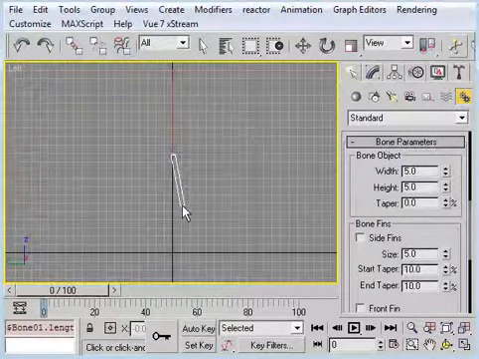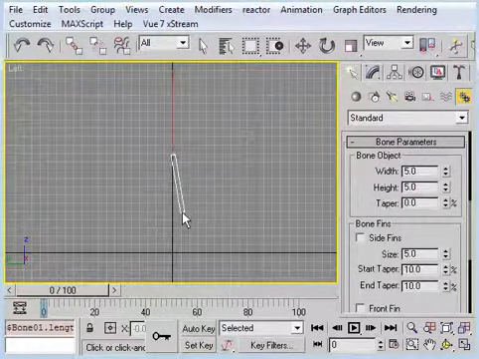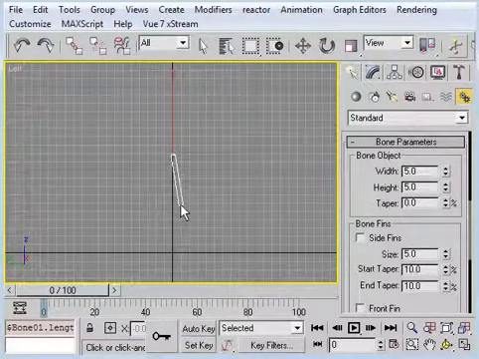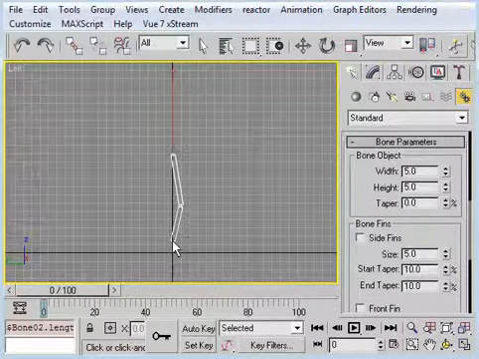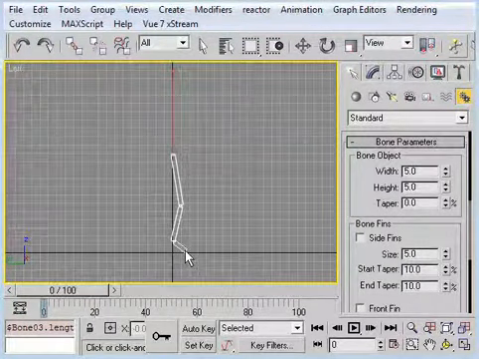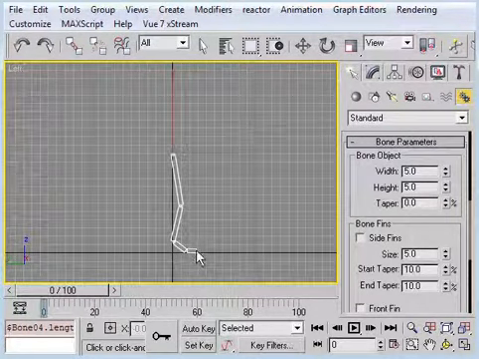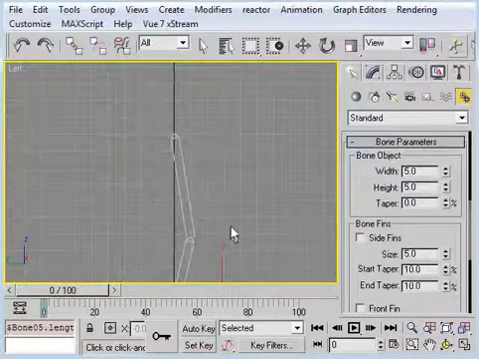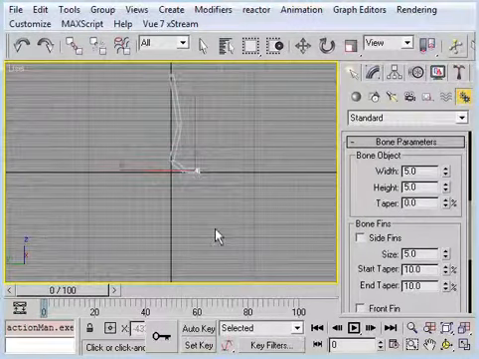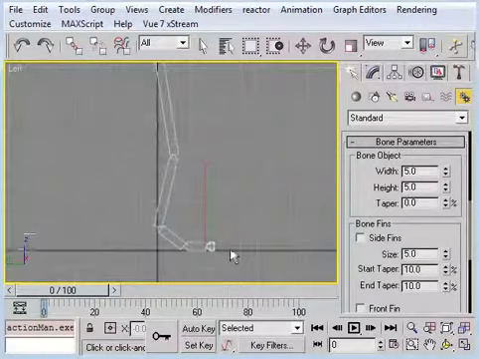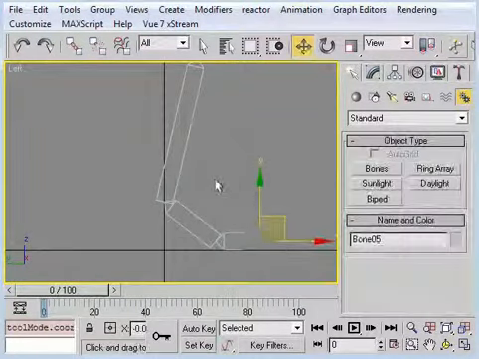I will notice I'm not coming straight down. We're actually looking at the side here. So I'm going to bring the knee out a little bit, like so. And we'll come down for the ankle about there, and then down for the foot, and then out for the ball of the foot, and then right click to end. So we get something like that. Alright,